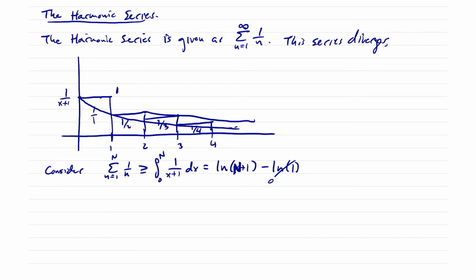All right, now if I take a limit as n goes to infinity, we know that the limit of ln of n plus 1 is equal to infinity. Thus, the sum of 1 over n, n equals 1 to capital N, diverges. Okay, so this is sort of a calculus take on the divergence of